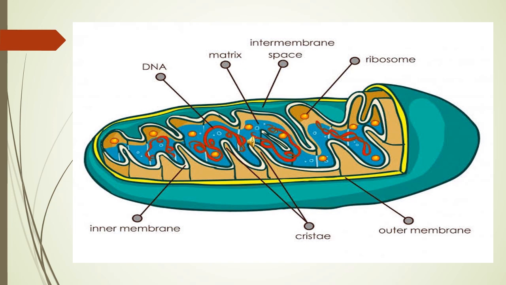So the main function, one of the most prominent roles of mitochondria, is to produce the energy currency of the cell, ATP, adenosine triphosphate, through respiration, and to regulate cellular metabolism. Metabolism means growth and change. The central set of reactions involved in ATP production is collectively called the citric acid cycle or the Krebs cycle.